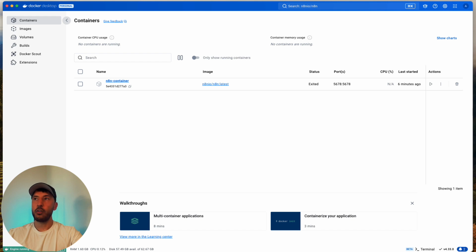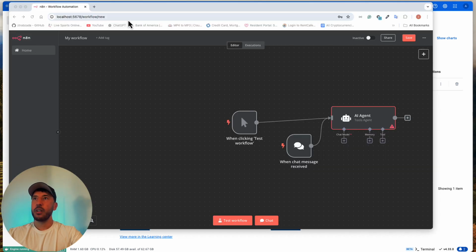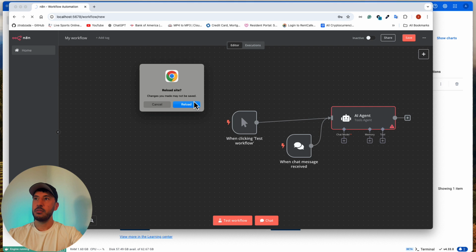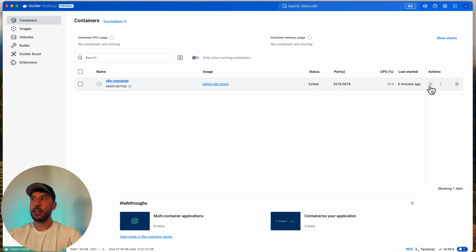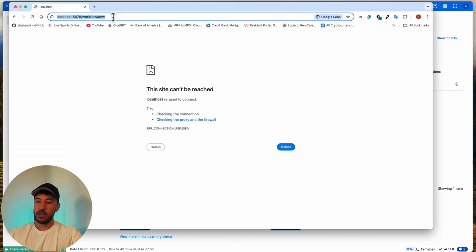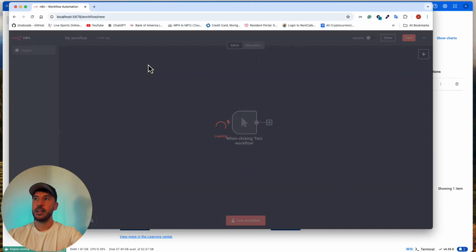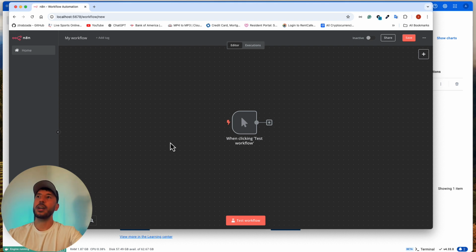So now if we go back to our local host and refresh this or enter this again, reload, now it says that this site can't be reached because obviously our n8n container is not running. So if you want to run it again, you'll come back, click on start, and now it says running, right? So go back to your tab and reload, and there you go. So that's kind of the beauty of setting it up once for your account, so you don't have to log in there again because we didn't set any kind of authentication. So this just makes the process really smooth.